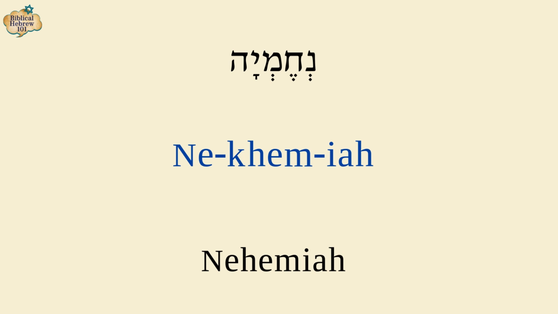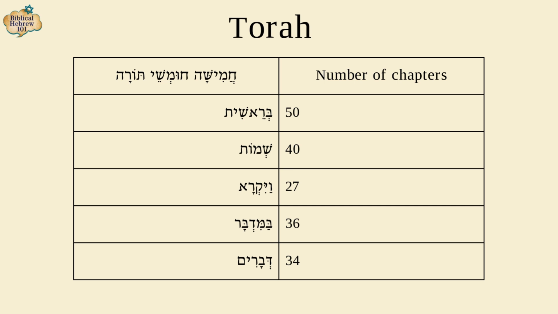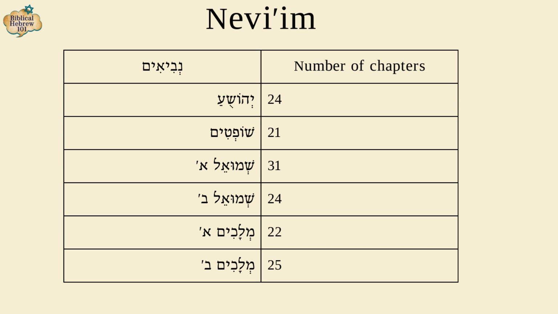And there you have it, all the books of the Hebrew Bible in their original Hebrew names. Now, let's do a quick recap of all the names. And in the tables, you also see the number of chapters in each book. In the Torah, we have Bereshit, Shmot, Vayikra, Bamidbar, and Dvarim. Under Nevi'im, we have Yehoshua, Shoftim, Shmuel Aleph, Shmuel Bet,